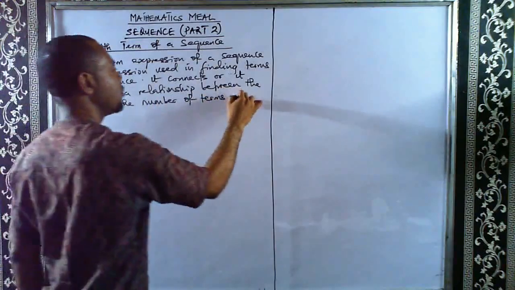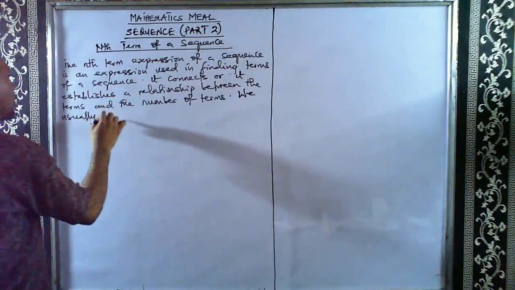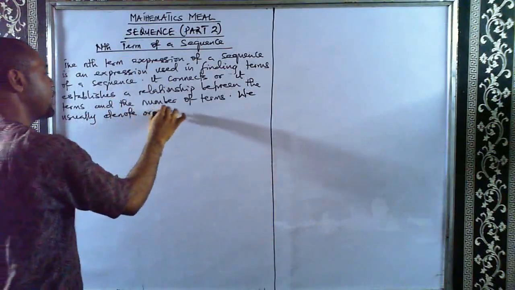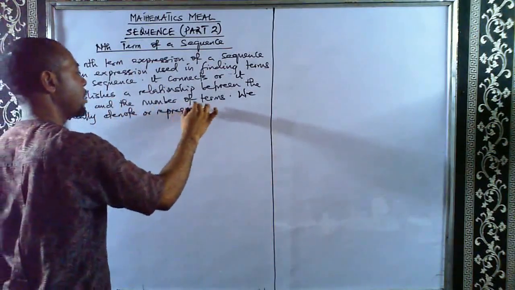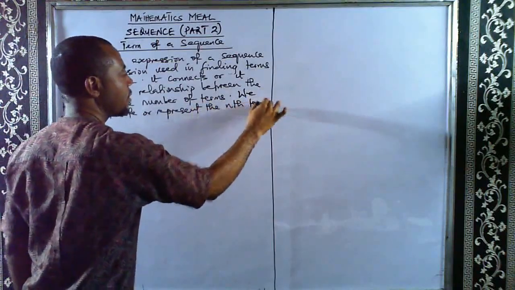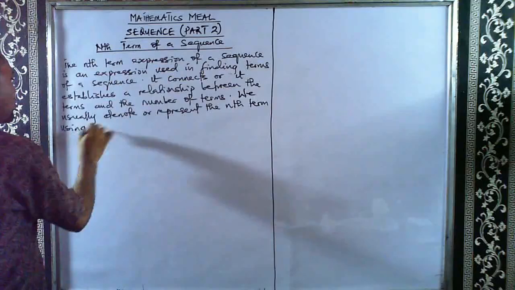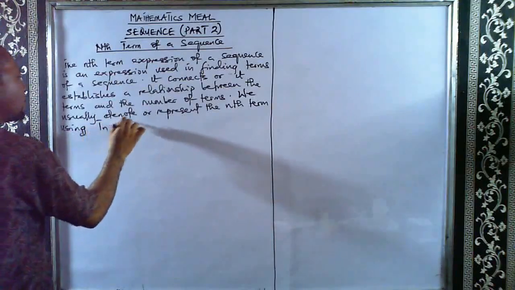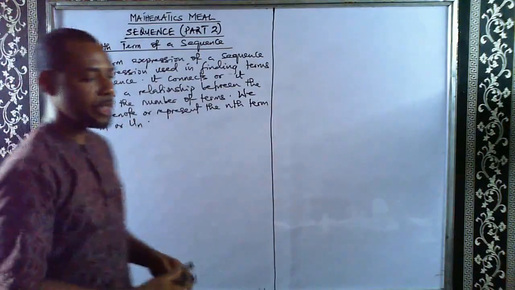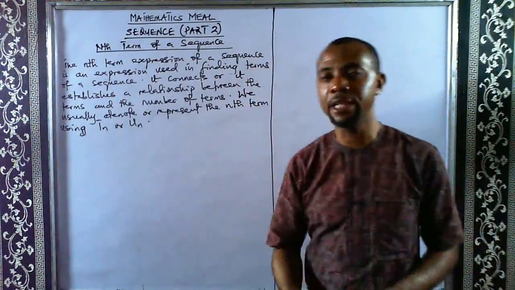So we usually denote or represent the n-th term using Tn or Un. Okay, so we say the n-th term expression is an expression that is used in finding terms